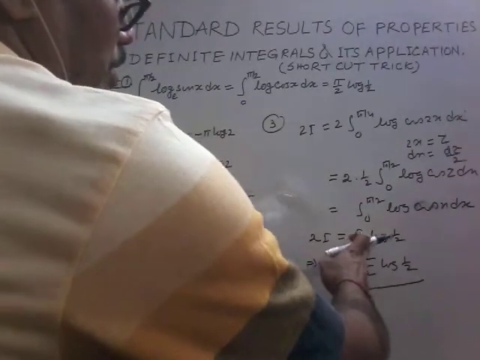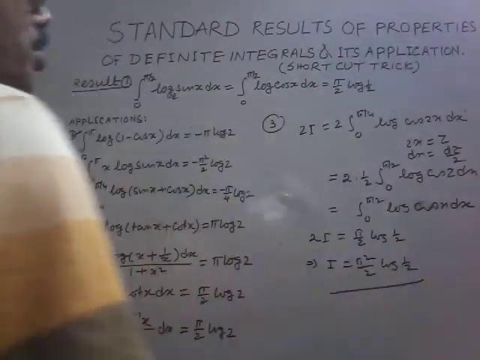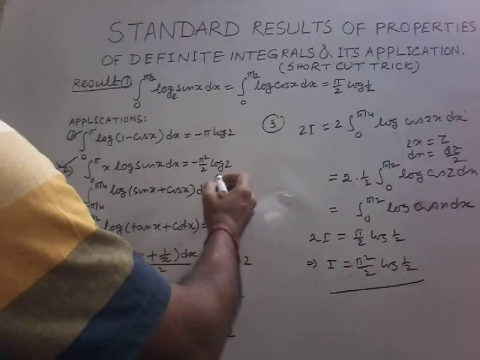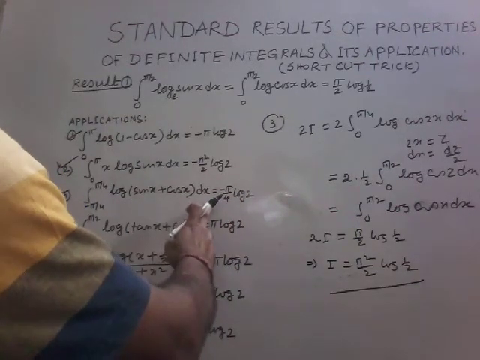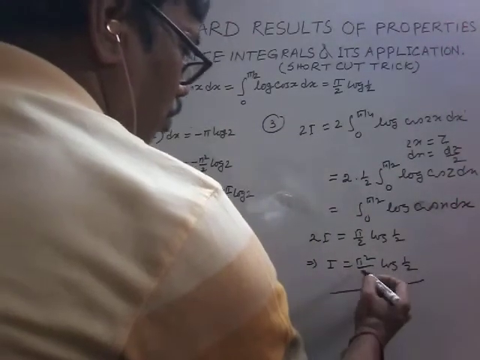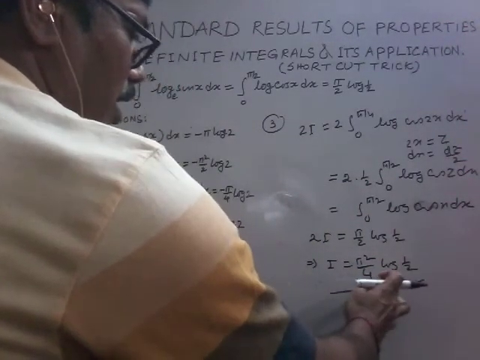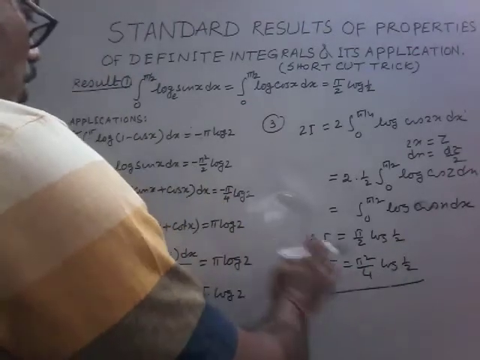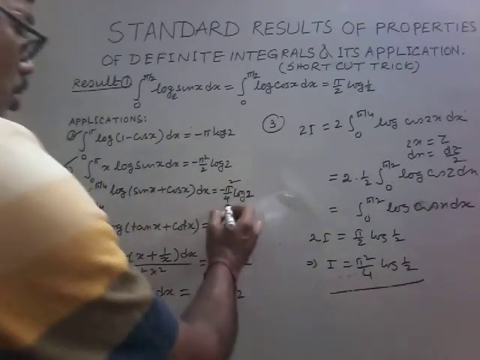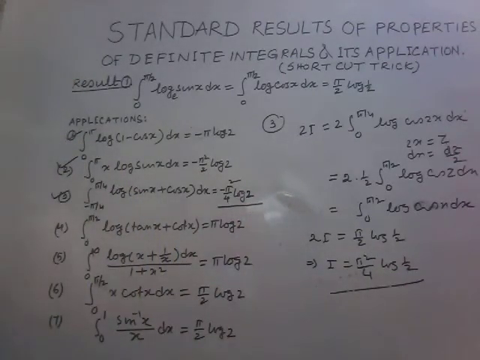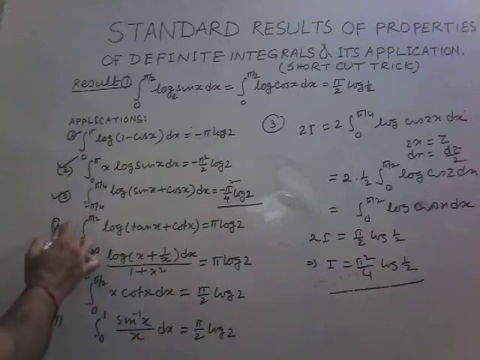So this is pi by 2 log of this. So I think this is log of sin x plus cos x. So this is pi square by 4. Or if we take it as log 1 minus log 2, so I think this is pi square by 2 log 2. So correct it. Now these two problems, 4 and 5, are most important for JEE Main, so they are exactly the same.